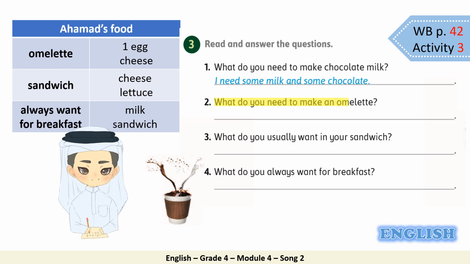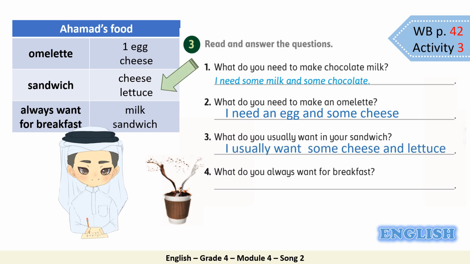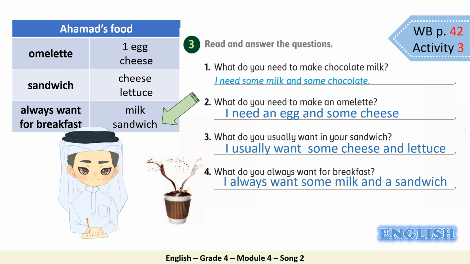Number 2. What do you need to make an omelette? The answer is here. Ahmed would say, I need an egg and some cheese. Number 3. What do you usually want in your sandwich? The answer is here, sandwich. I usually want some cheese and lettuce. Number 4. What do you usually want for breakfast? Look at this. I always want some milk and a